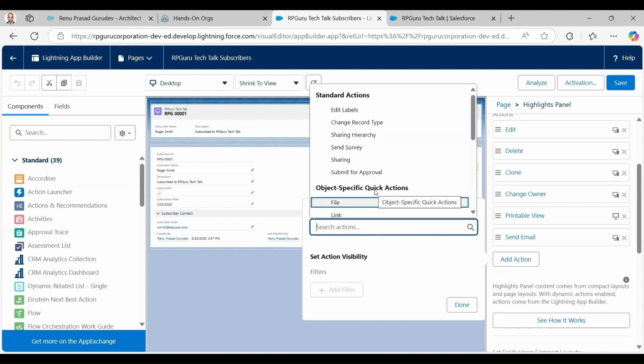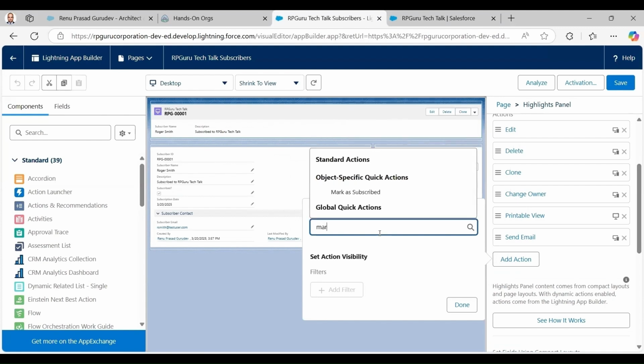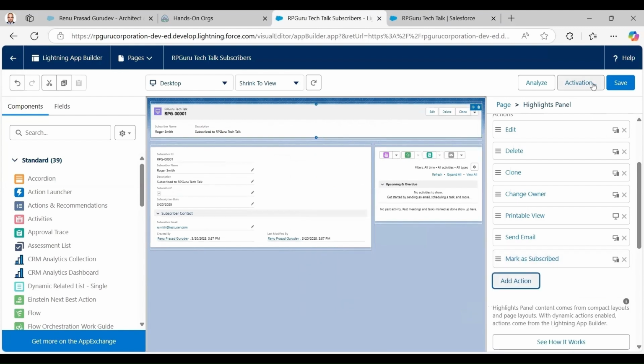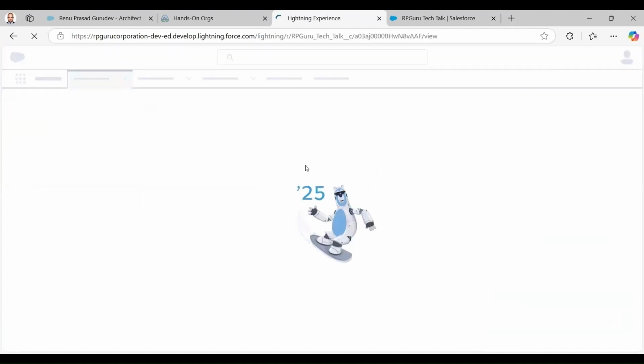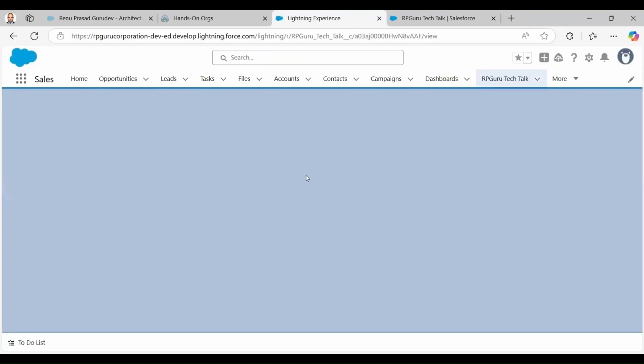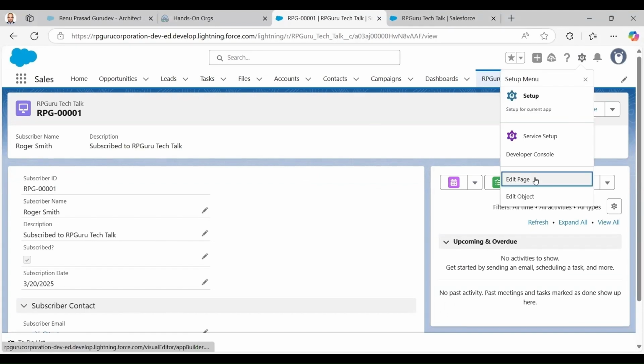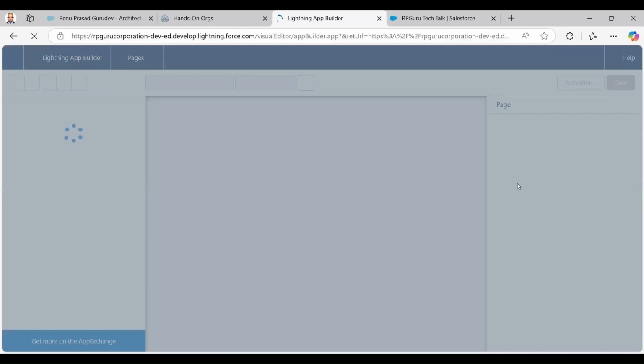So I'm going to say Mark. Here, Mark as Subscribed is an object specific action. Say add, done, and then save, and then double check if activation is done. Go back to the record page and I reload. And now we should see the Mark as Subscribed option there. So edit page, go to the highlights panel,